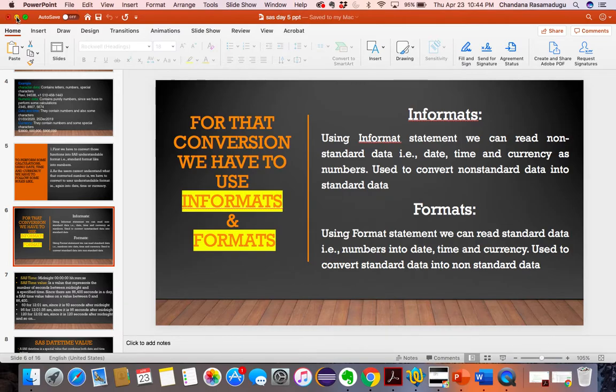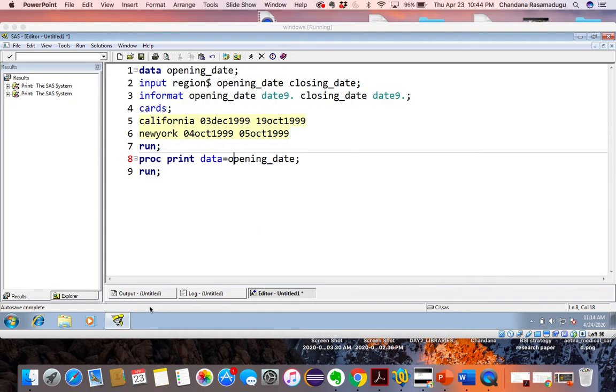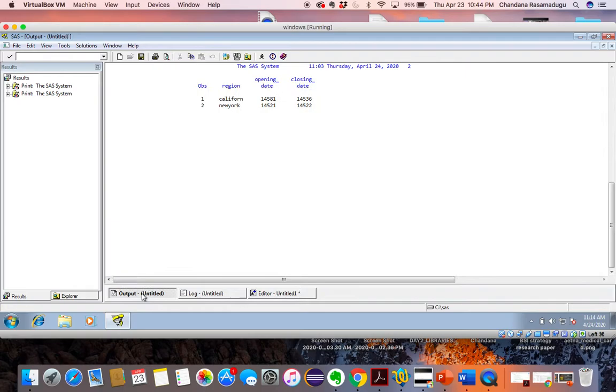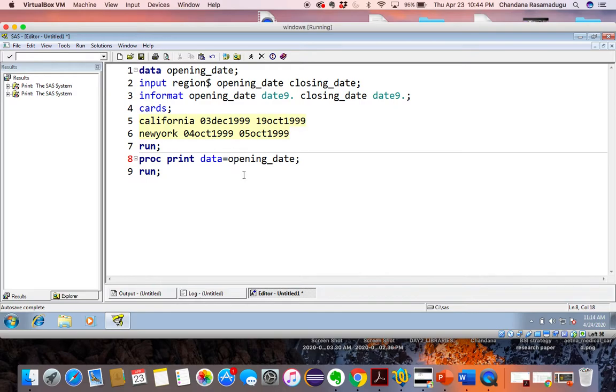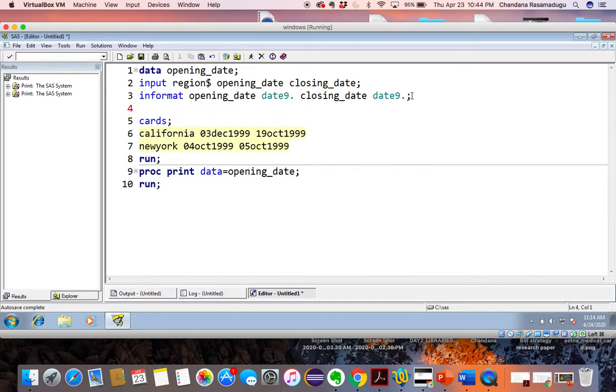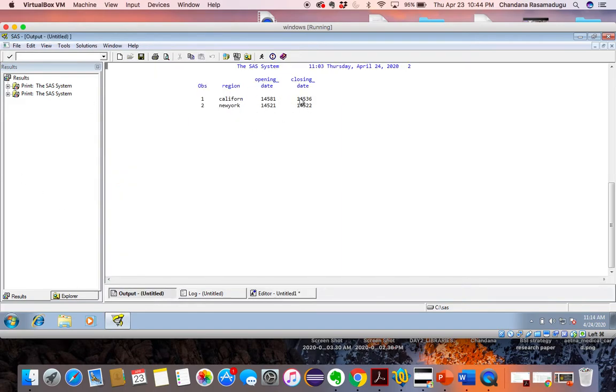We already got standard data by using the informat statement, which is in a readable form, but now we use the format statement because we want this non-standard format in our results. We don't want that